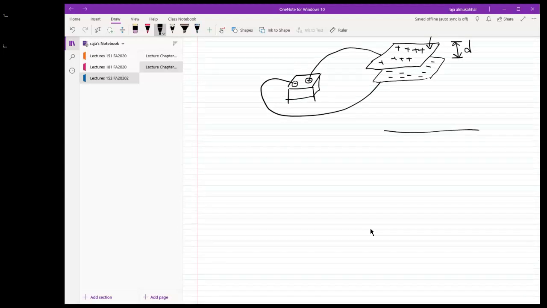Here is the positive plate right here. Here is the negative plate. I'll give it just some more distance between them. And of course the separation distance, we're going to call it D or maybe Y or whatever you want to call it. Now suppose I have an electron here,